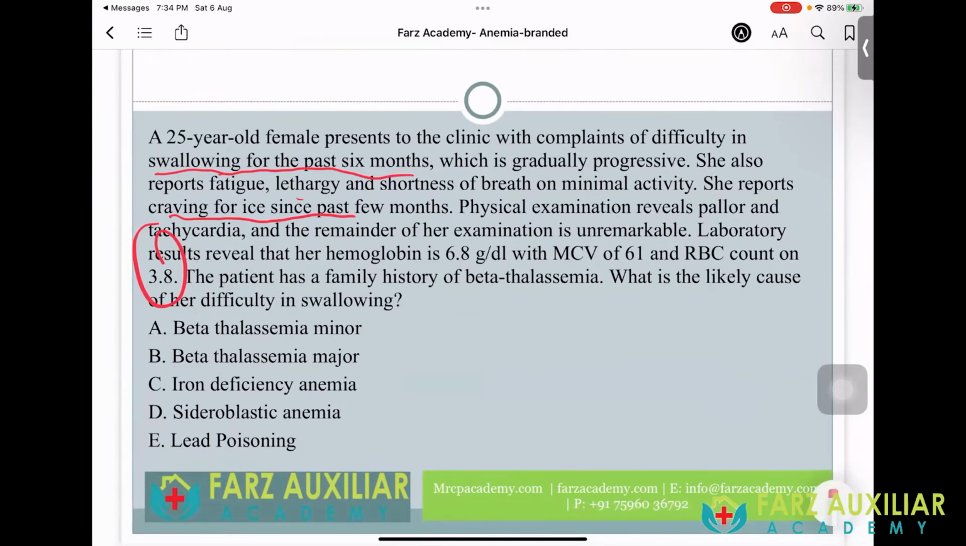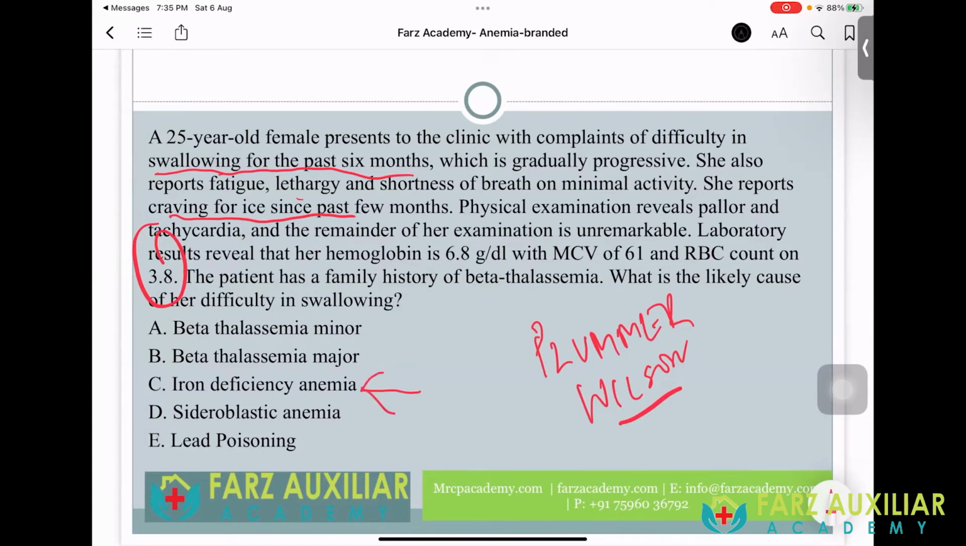So in this patient, you would calculate the Mentzer index. And if the Mentzer index is more than 13, you are fairly sure that the patient you are dealing with has iron deficiency anemia. Now you tell me, is there any association of a young female with dysphagia and iron deficiency anemia? Any syndrome that rings a bell? Ever heard of Plummer-Vinson syndrome? Yes, sir. There is a web in the upper esophagus that leads to dysphagia. Along with that, there is iron deficiency anemia. So the answer here is